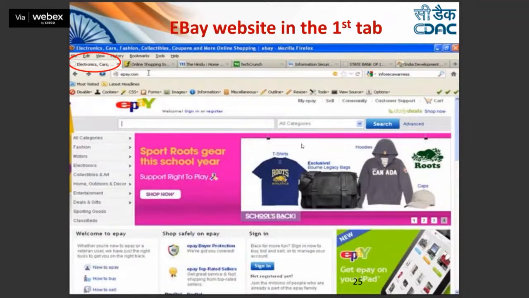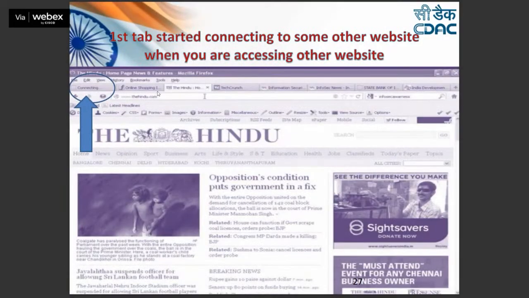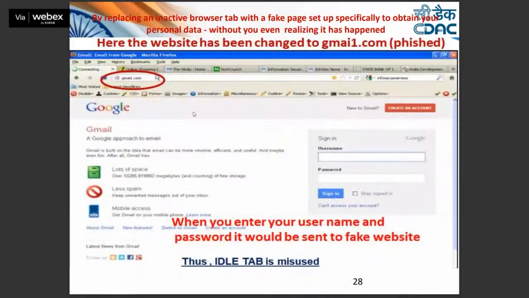Okay. Now what will happen is he is busy accessing all the other tabs. So after a few minutes, or after a few hours, when the user is not active on the first tab, what is actually happening here? It is actually connecting to some other page. Okay, you can see here it is connecting. So when the user gets back to this tab again, he sees that, okay, some Gmail page is open,